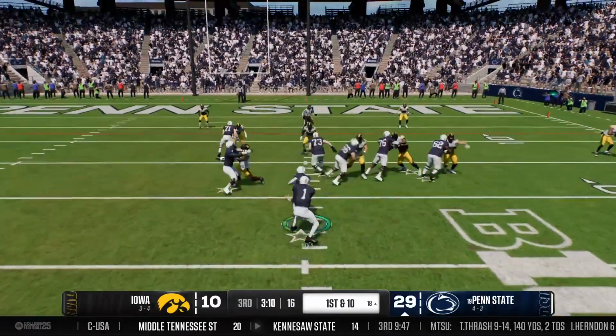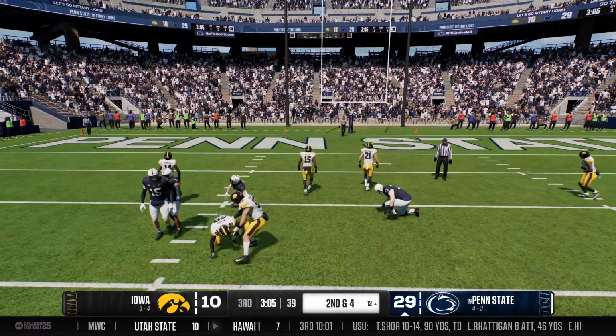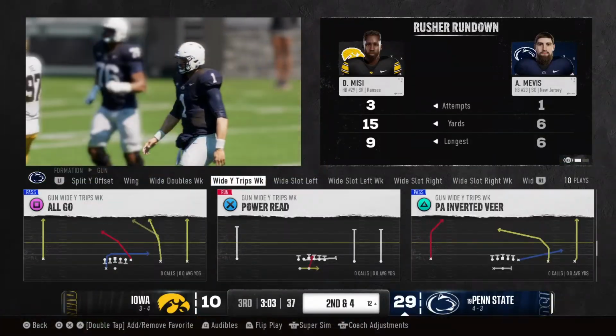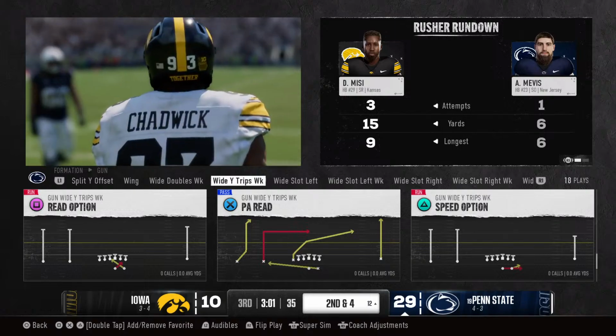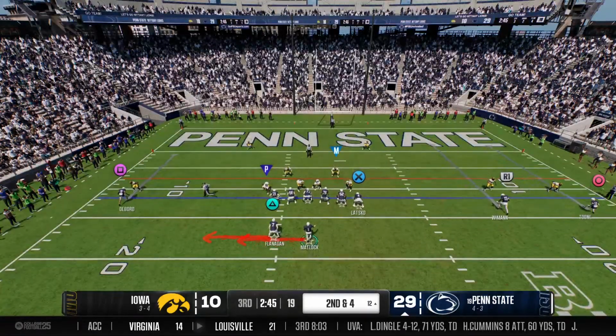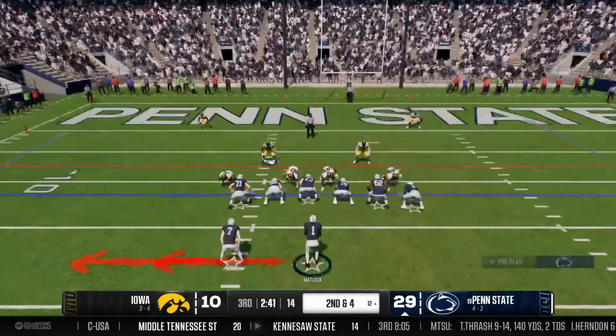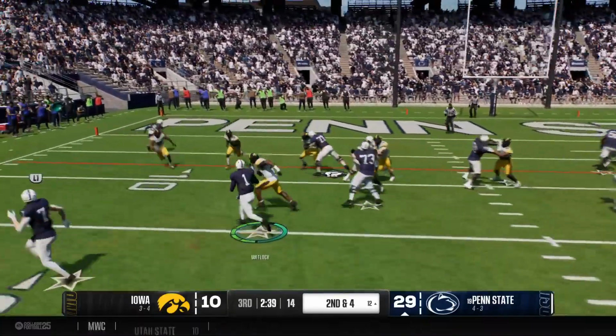This guy just throws completions, man. The ball doesn't seem to touch the ground. He's back there. He's making the right reads. Right now, he is locked in on what this defense is trying to do. Listen, you have to be able to know what play to call and what hole to go through. Like the line blocks for a certain hole. Good job getting through the hole, getting what was blocked, getting a nice positive gain, making your situation really good